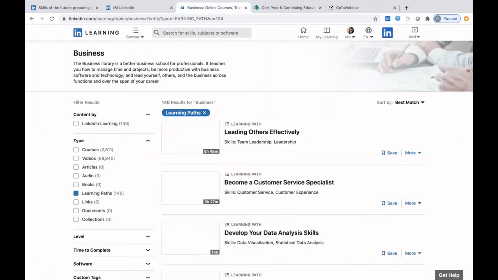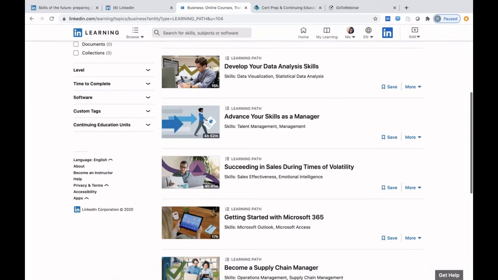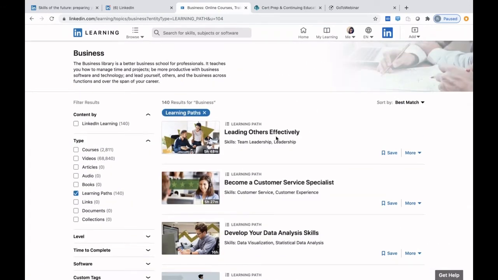So I'm just going to click on one. If I click on business library, these are the learning paths that are available to me under business library. What is a learning path? A learning path is